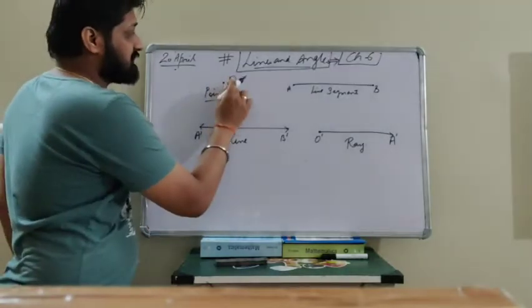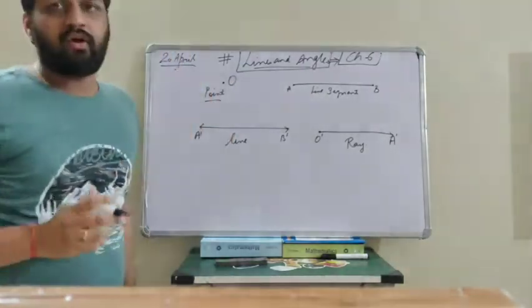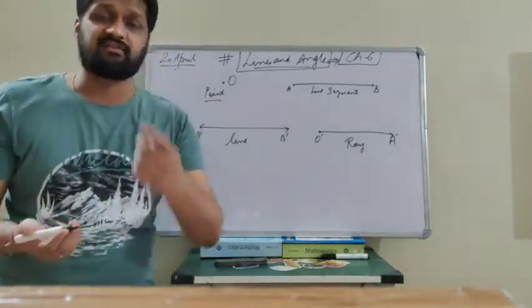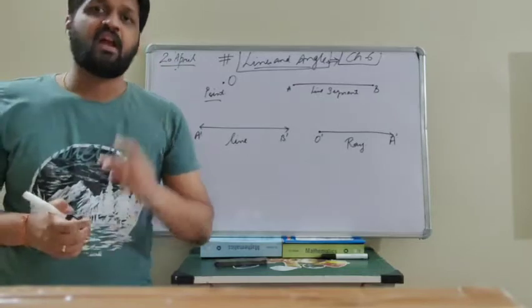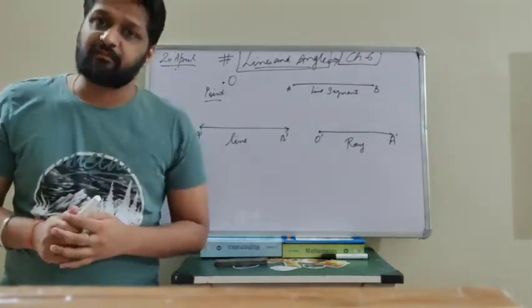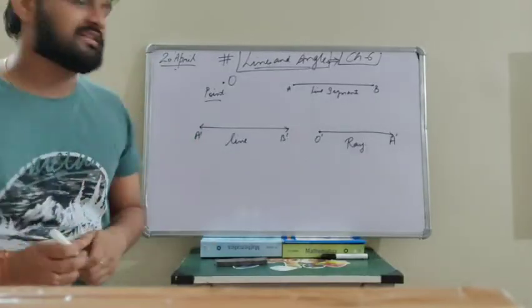So here this is O that is representing the point. Point is basically a dot in the space which does not have any dimensions. You can write the definitions as well. A point is basically a dot in the space which does not have any particular dimension. You can say that is called the point.